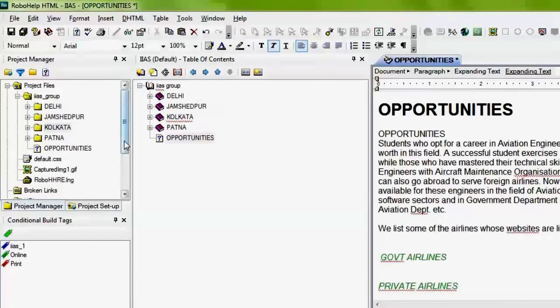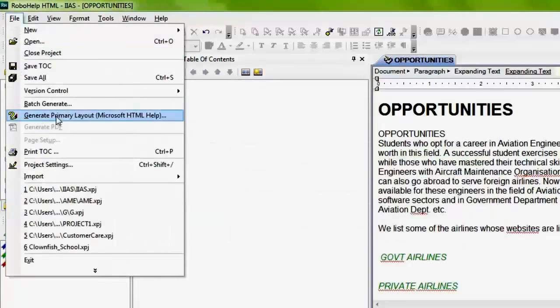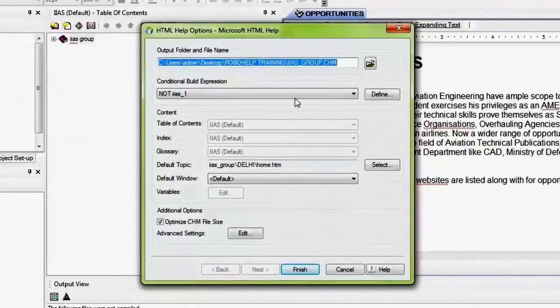Now you have to create a TOC again. Now a new TOC is created. Now I'll generate a primary layout, and this time I'll select the conditional build expression as none.